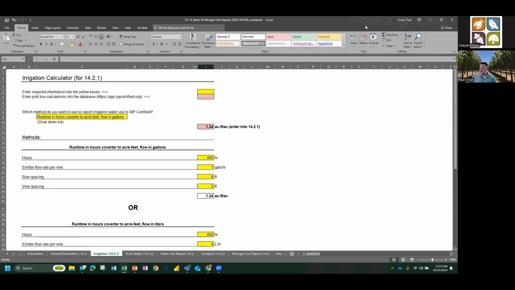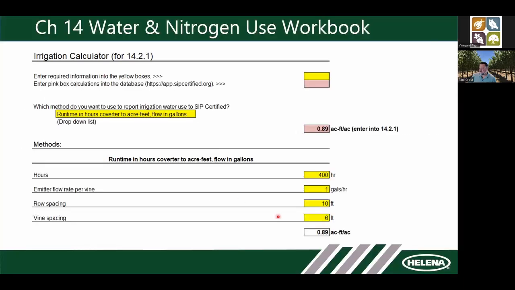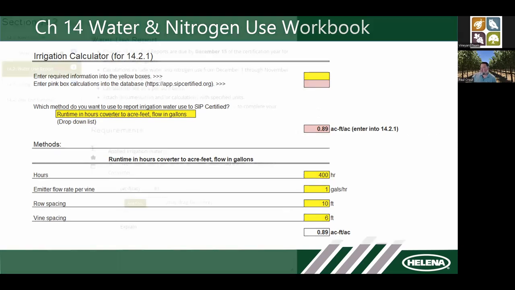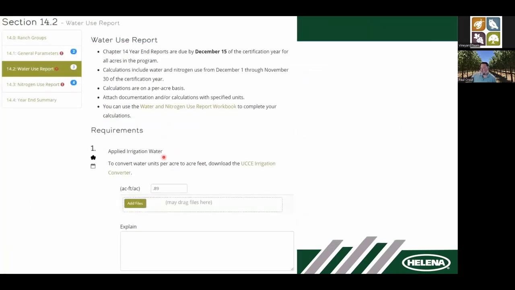14.2.1. If I slide over here, you can see I've done a little bit of a different calculation. It was 400 hours, 1 gallon, 10 by 6, so 0.89. So we would enter in our water use report, for example, in the example that I showed prior, 0.89 acre feet per acre. And then you will drag and upload whatever